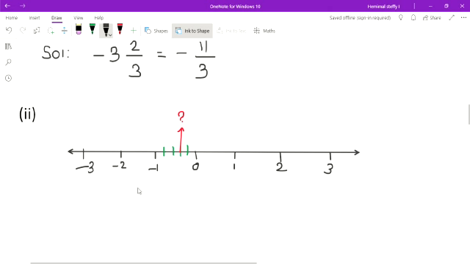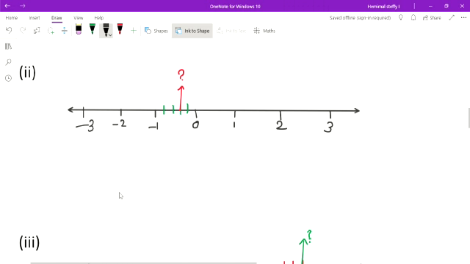The second sum is the same. What is the value there? But look at the parts: the unknown part is near 0. So we cannot write the whole number. In this sum we do not have a whole number because it is 0. So this is not an improper fraction. This is a proper fraction. So keep it in your mind: 0 to -1 and 0 to 1 are called proper fractions.